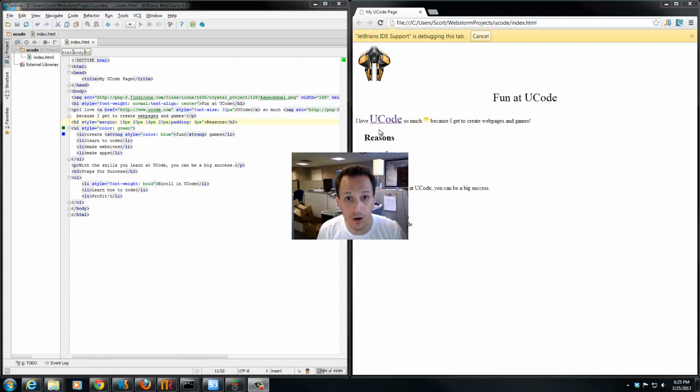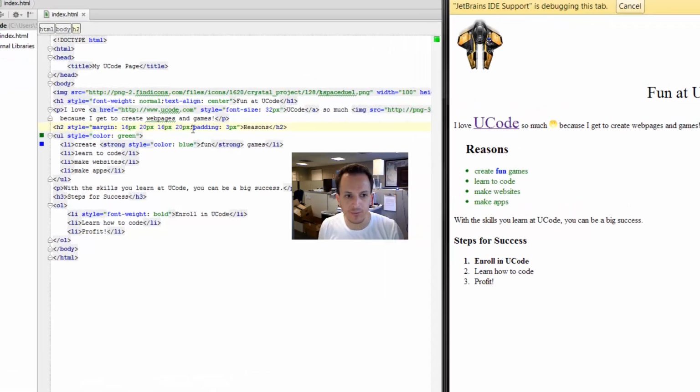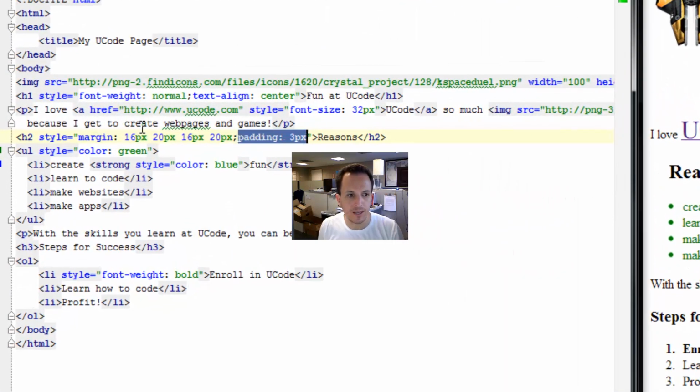I've just taught you about margins and padding, and I'm sure you're thinking, what's the difference? Because they both give you white space around some element. Well, let's analyze really what the difference is here. We have a padding here around the reasons heading of 3 pixels, and we have margins of different sizes around